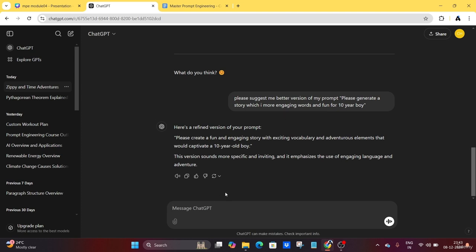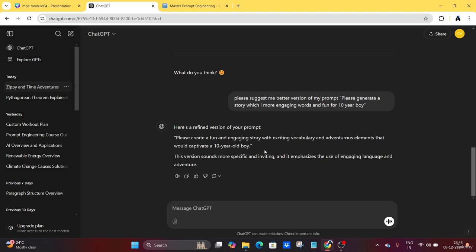AI knows in which way a prompt can ask me for the best output I can give, right? That's why using AI to write prompts can be very helpful, but I'm not telling you to just copy and use it. Some basic fundamentals are needed to write the top of the prompts. So we have to use these fundamentals, and after that we have to make changes according to our AI's output.